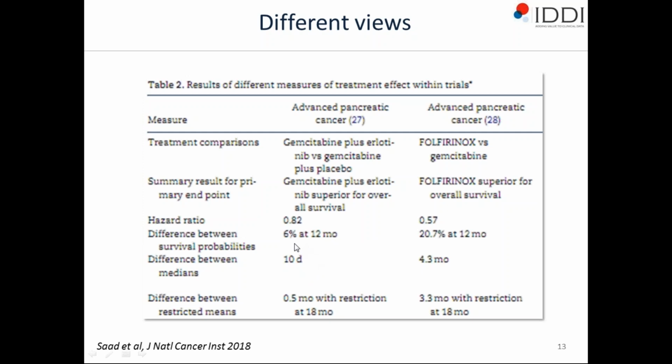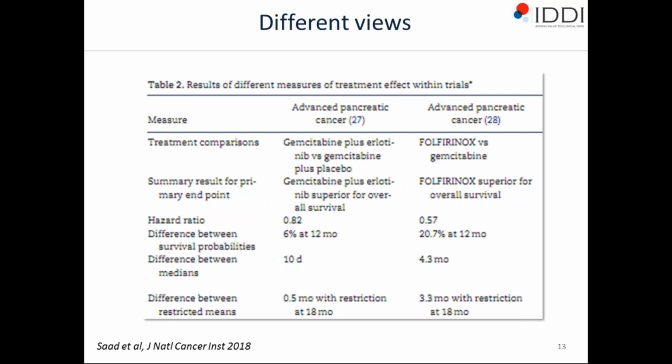For example, here it's clearly obvious that a 10-day difference in median is not something very exciting, even though the hazard ratio denoted an 18% reduction in the hazard of death, and this was statistically significant. And then we computed as well the restricted means for these trials. So like I said, all these metrics have advantages and disadvantages, and it's not very clear which one is better, probably none. And it's clear that we have to use probably more than one to have a full picture of